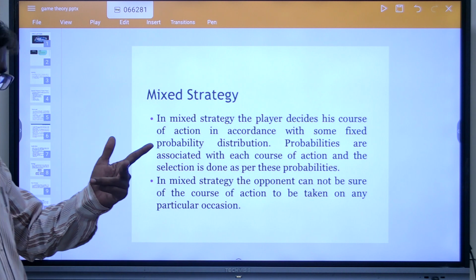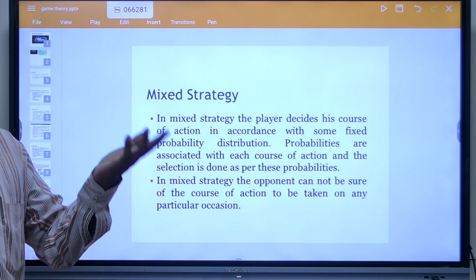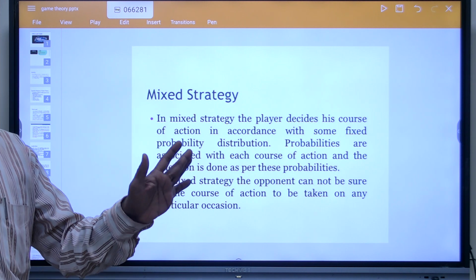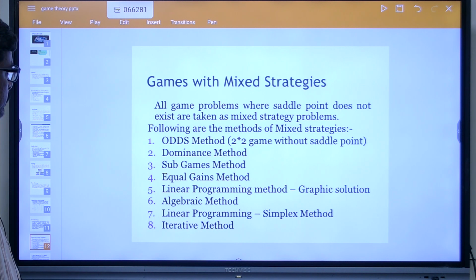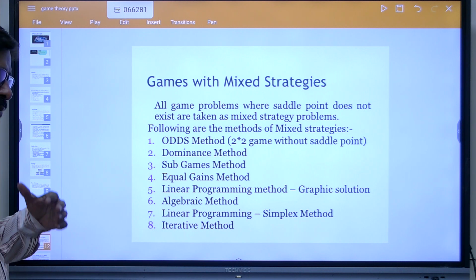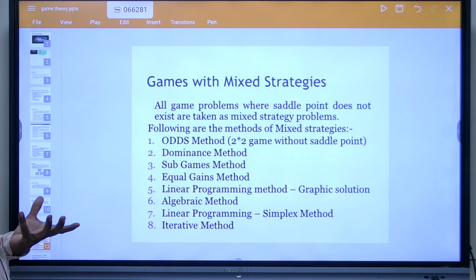If we are having two strategies, we are having the probability of 0.5 with each one. If we are having 4, we are having the probability of 0.25 with each strategy. So, there is occurrence of the result depending upon the probability. As we are able to solve the problem with the pure strategy easily by adopting the two different methods, the maximin and the minimax, and we obtain the saddle point, but the game becomes typical if we do not obtain the saddle point and we are adopting the mixed strategy.